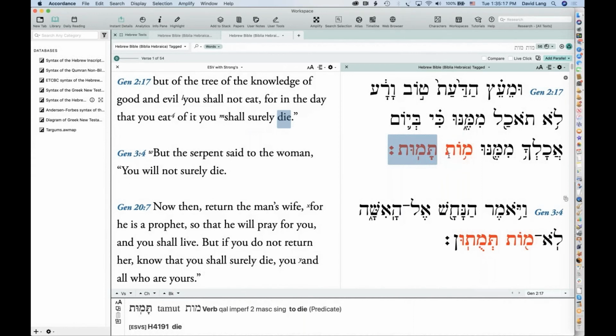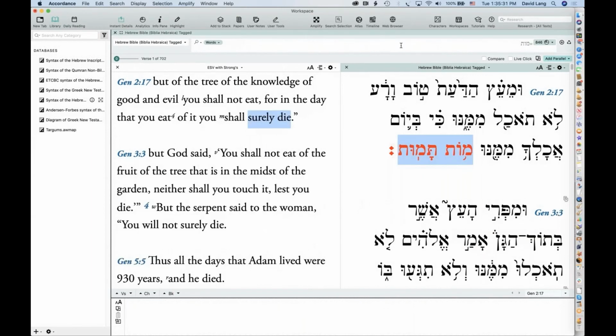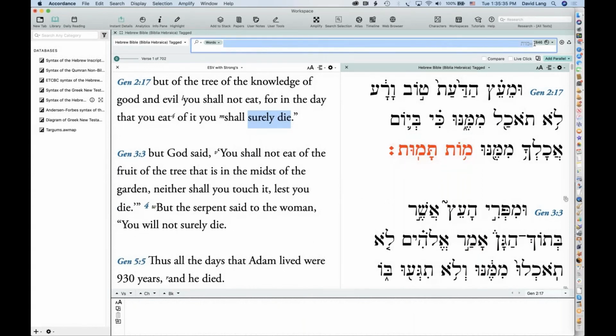Or what about other verbs? Are there other verbs that use this kind of construction? I can't find that when I'm searching for moot. So that's where the construct window comes in. The construct window lets me define more complex word relationships to find particular constructions of Hebrew.